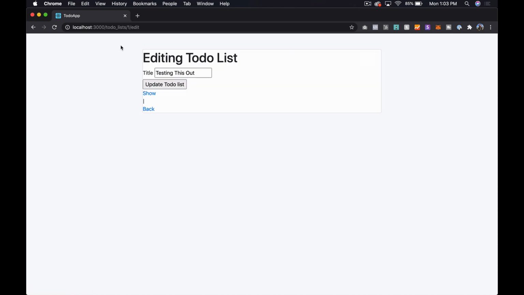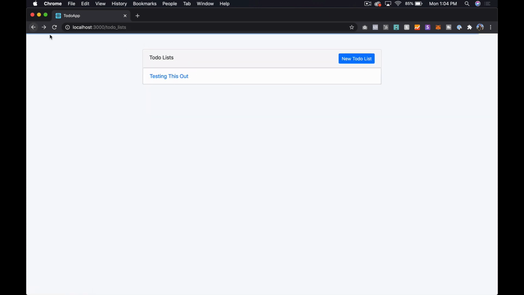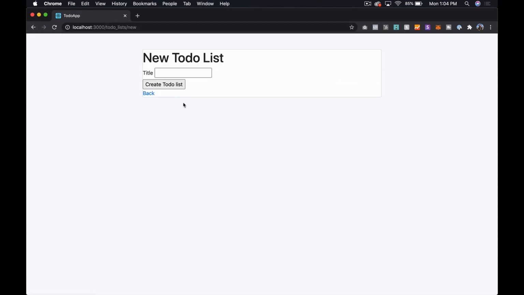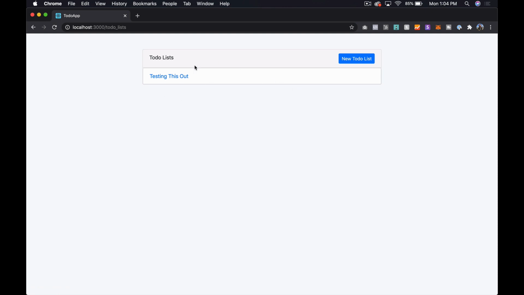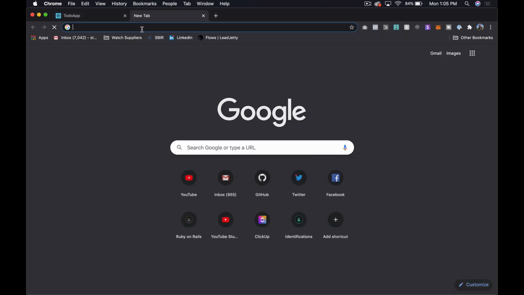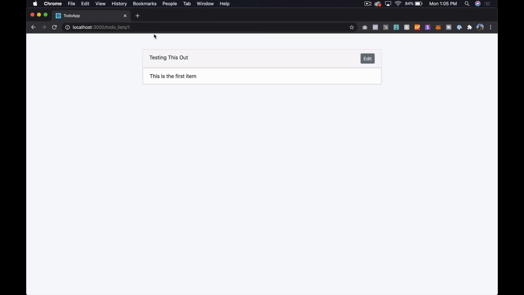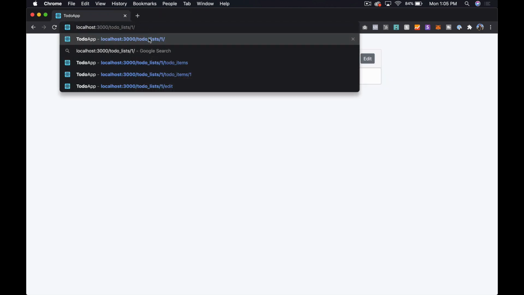Okay, so now we can edit, though the form page still looks bad. So we'll worry about that in a minute. Okay, cool. Let's go ahead and add a few more to-do list items so that we can start fleshing out some of the design around there. I didn't want to go to a new tab. I want to open up to-do